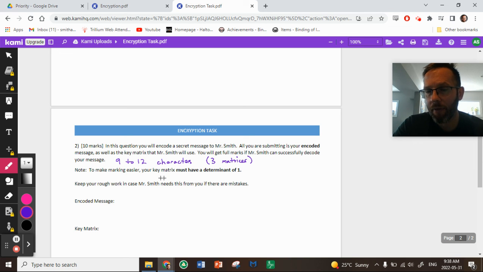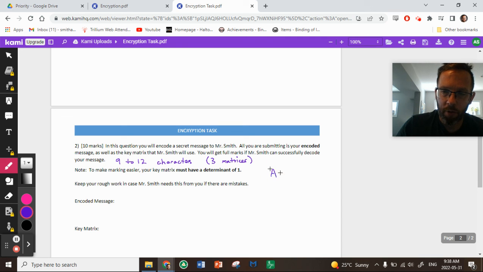I have given you guys a restriction here to make my life easier when I'm decoding your messages. Please make sure your key matrix has a determinant of 1. That makes the inverse very easy to find with whole numbers for me, and it makes my multiplications a lot easier. So a simple way to do that,